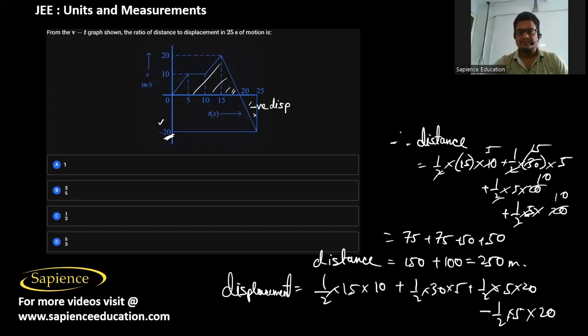So therefore, these two parts will get cancelled. Only these two we have to add. So 2 5s are 10, 2 15s are 30. So 15 5s are 75. So this is equal to 150